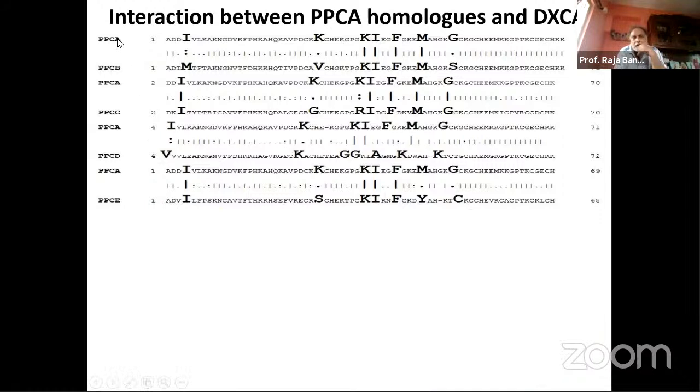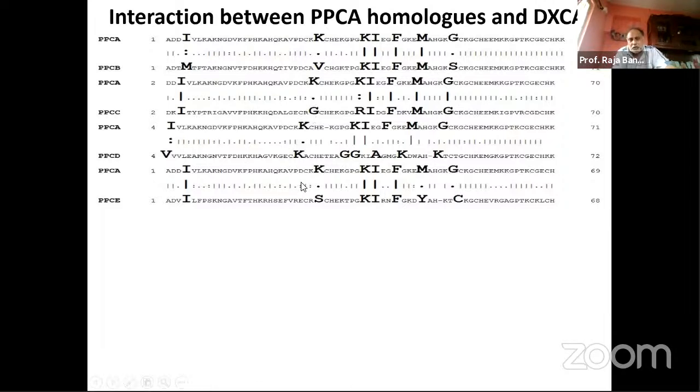Okay. So if you see this, the sequence alignment, which is done by Clustal W and Clustal Omega, of A and B, you see that I is important. It is changed to M, K is changed to B, but others are the same, G is changed to S. So there is a mutation, what yesterday my professor was telling there. Similarly, I to I is there, K is changed to G, or K is similar to R, but because the amino acids are almost similar, only these two changes, A to G, make the PPCA different from